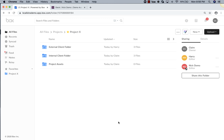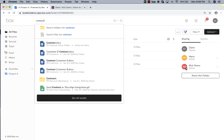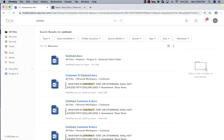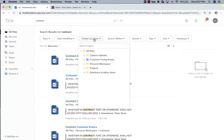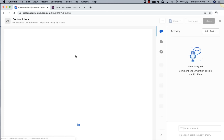Not only do we need access to our content while we're working remotely, but we need to be able to find what we're looking for, and that's where search comes into play. I'm going to search for a certain contract here. I'll type it into my search bar, and that will take me to my results. You can see there's quite a few results, so I know that specifically I'm looking for a contract within my Project X folder. When I filter it down, it limits the results,